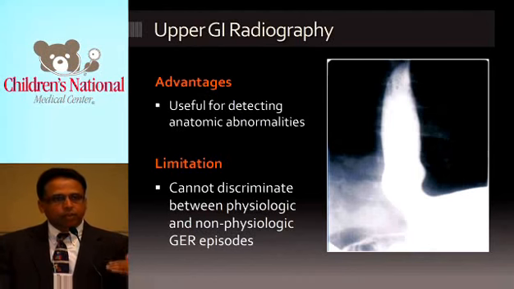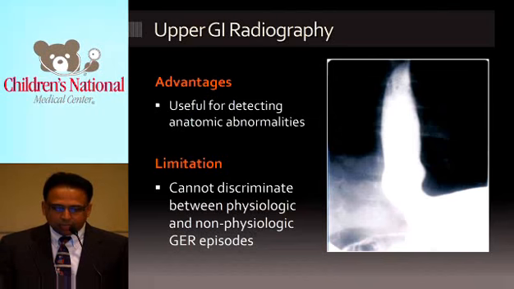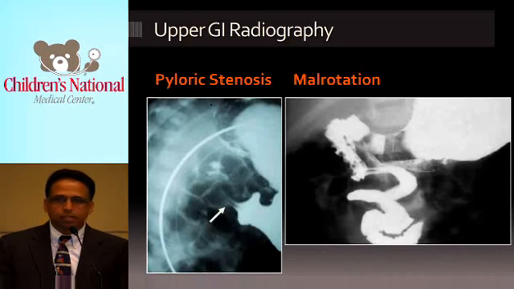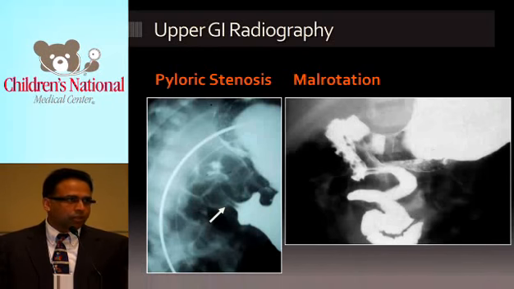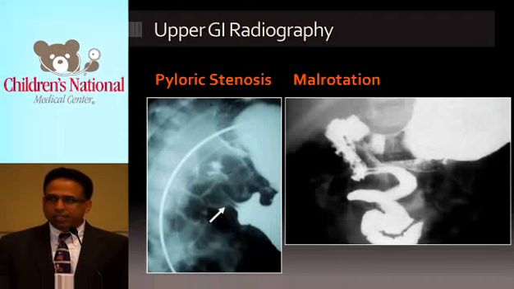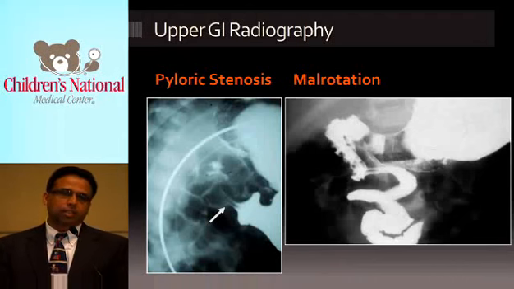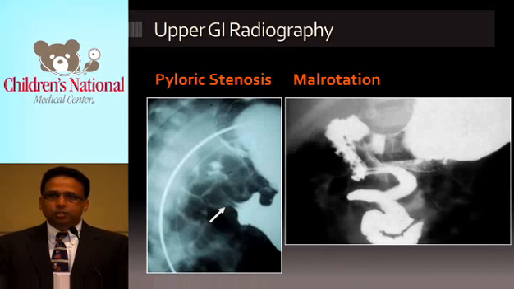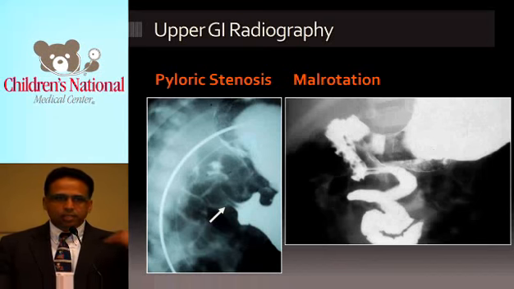It is done only for one reason, and that is to look for anatomic abnormalities such as pyloric stenosis or malrotation. Often the radiologist will comment, we saw reflux. The problem is that that might be the only time this child ever refluxed. Or if you do not see reflux in an upper GI study, that doesn't mean this child is not going to reflux 10% of the time. So it is a snapshot, a picture taken at that moment, therefore it's not a test for reflux. It is a test looking for anatomic abnormalities.